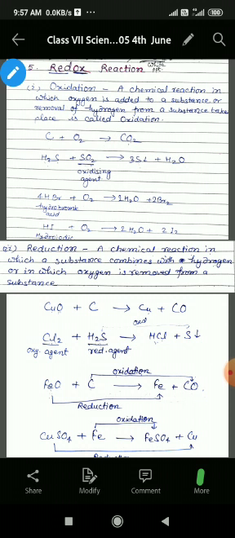Another example is hydrogen sulfide reacting with sulfur dioxide. In this case it forms sulfur plus water. In this reaction, students, see the first reactant, that is H2S, that means hydrogen sulfide. Here hydrogen is attached with sulfur. So students, after the reaction what happens? Hydrogen is removed from hydrogen sulfide. So here removal of hydrogen is taking place and it is forming sulfur. Here hydrogen has been removed from it, hence it is also an oxidation reaction.